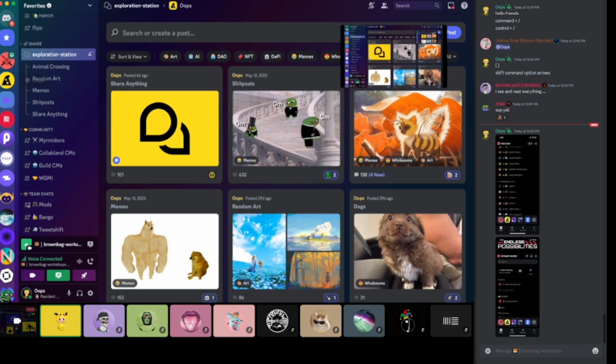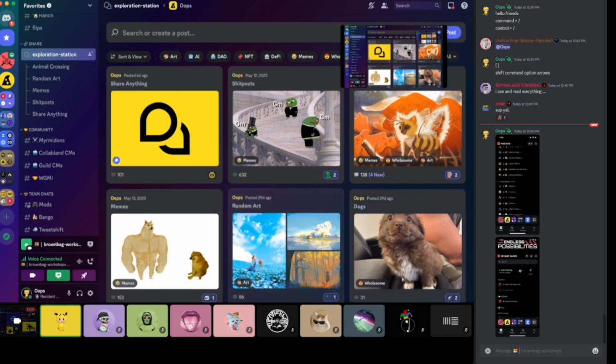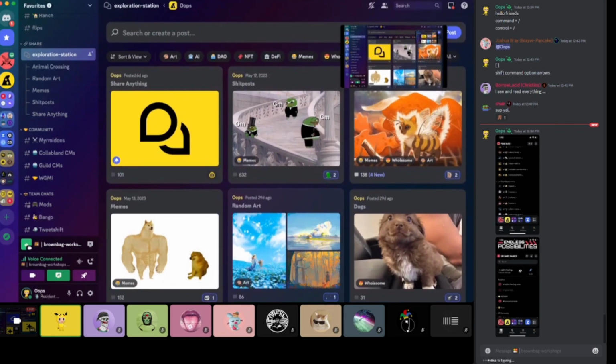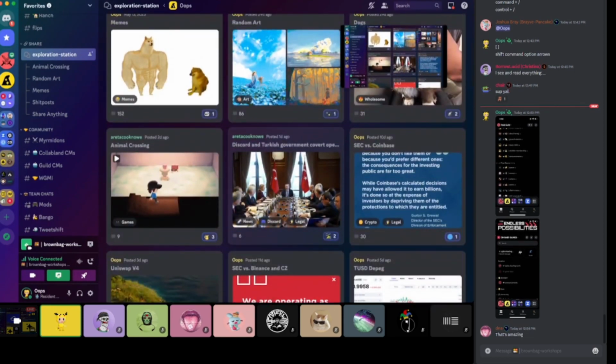So I can't wait for this to become a thing. This is the exploration station. It's adorable. It's just a cool thing on Discord. If you aren't using forums, forums are awesome. I really enjoy them. And this is just a beautiful way of displaying that. So these basically act as posts and a way of sharing cool information,